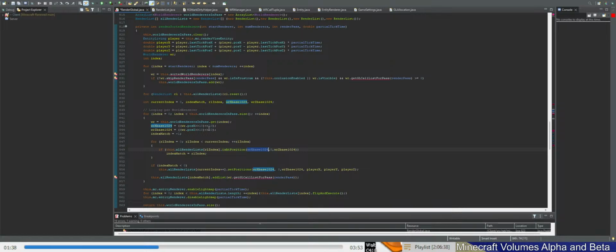So it's the same for all these world renderers. This splits the world renderers into 4 regions. I don't really fully understand what it means, but